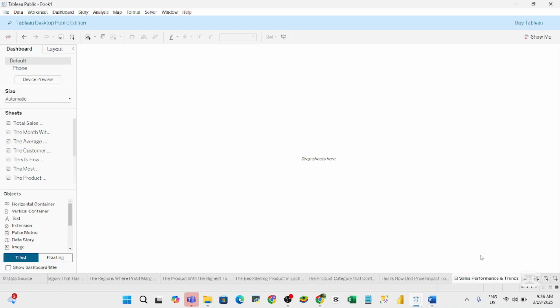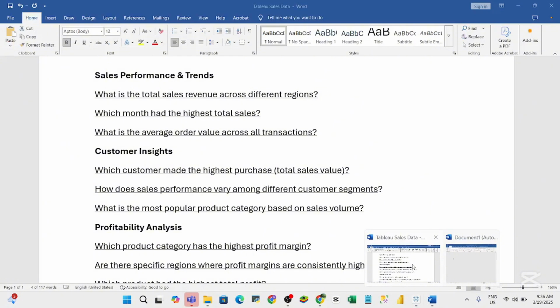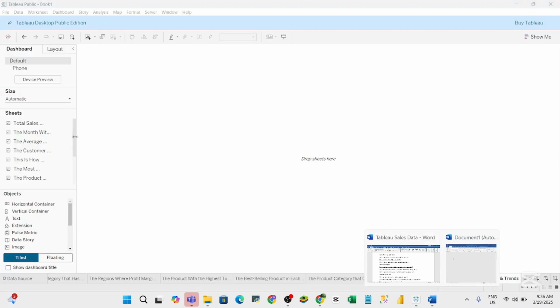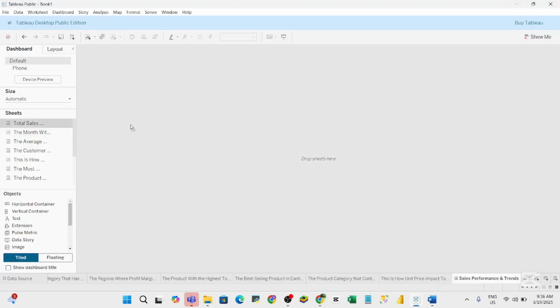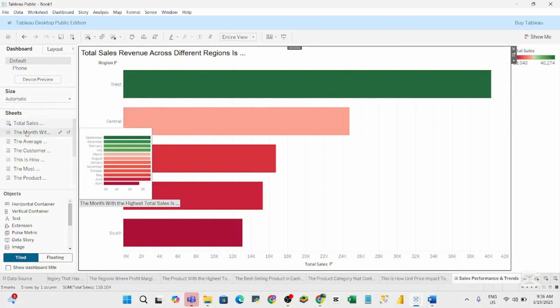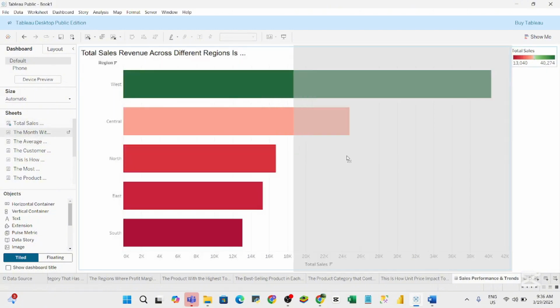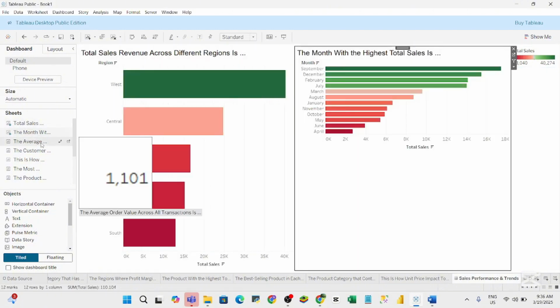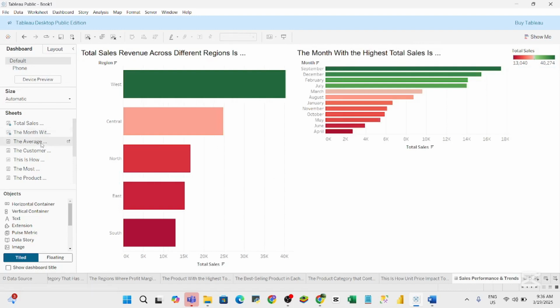Sales performance and trends. Okay, and in sales performance we were doing total sales revenue across different regions, which month had the highest, and what is the average order value. So we have this one. We also have which month had the highest and the average order value. Okay, now